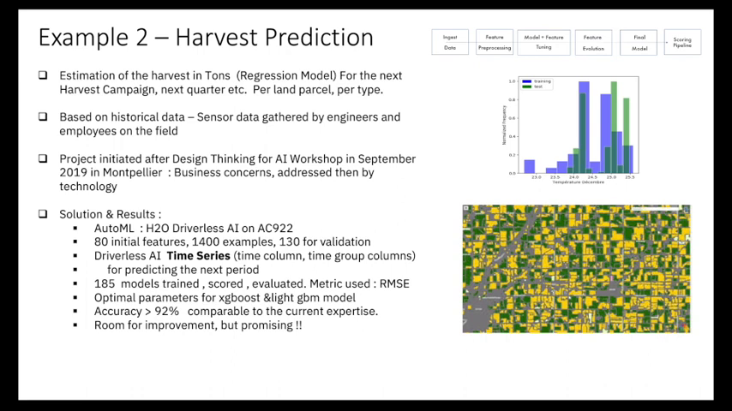Same type of algorithm based on structured data coming from sensors on the field, hygrometry. So the goal was to predict for each land parcel and each type of parcel the harvest in tons. So it's a regression model where you can build a map predicting precisely your harvest and help you optimize again your logistics. You can imagine the savings and the optimization you can make with such algorithms integrated with your existing